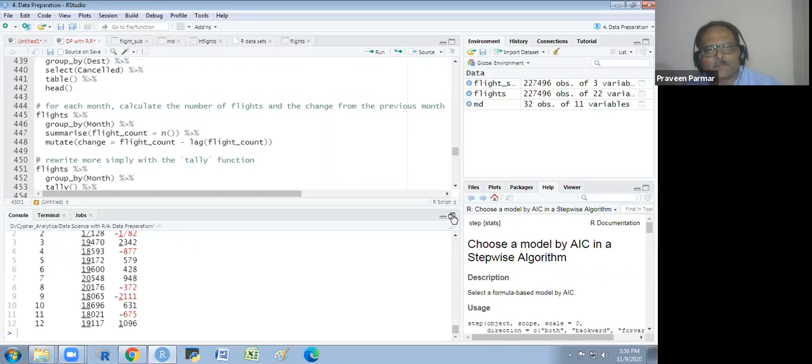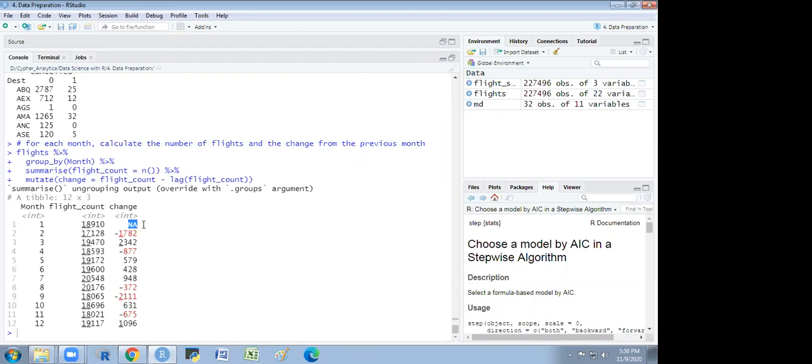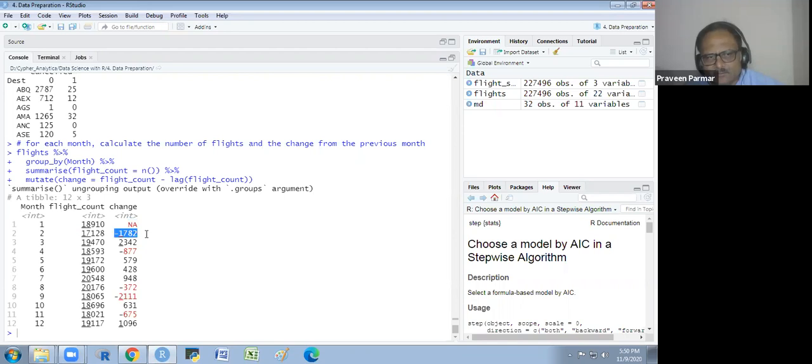Look at this. This is the month, 12 months as I explained. We get the 12 observations only, one for each month. And here are the flight counts in each month. Because before January, there is no data of the last year, December, this minus previous will give us NA. Does that make sense to everyone? And this minus this, we are getting negative because this one is smaller than this. So in the month of February, there were 1,782 fewer flights than in the month of January.